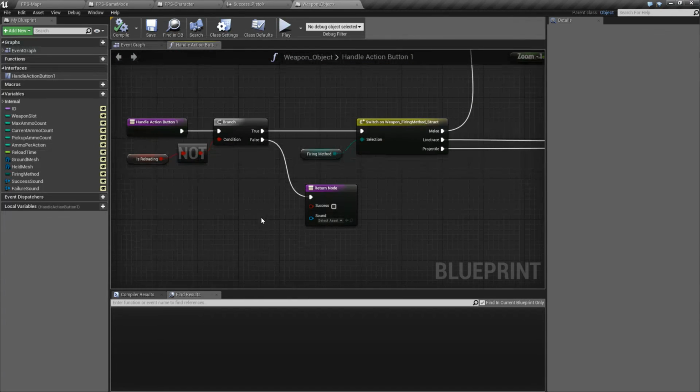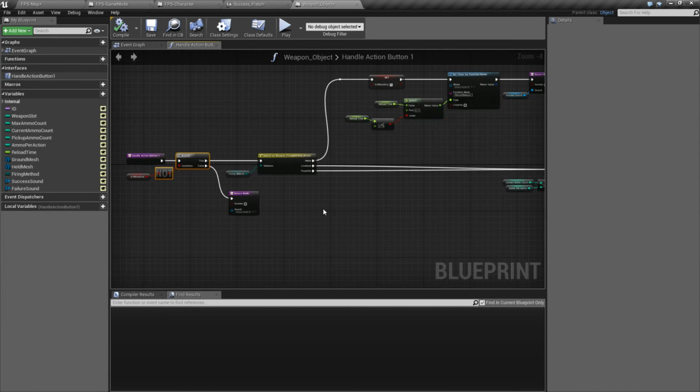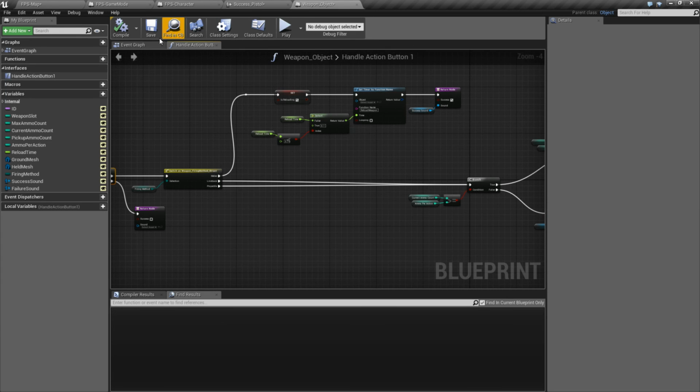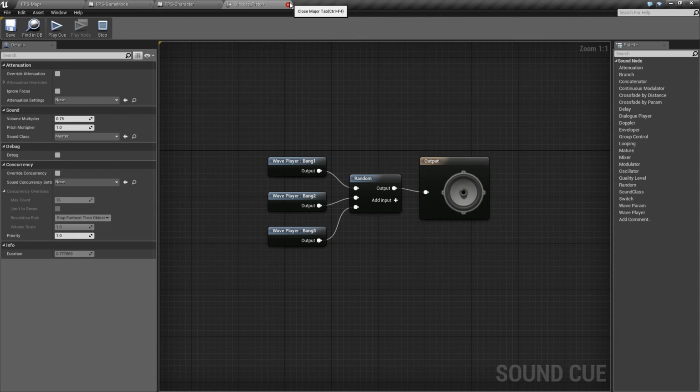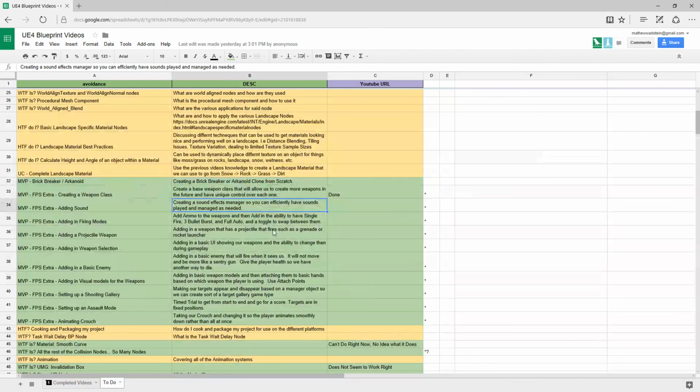So yeah, we're going to go in, and our reload timer is our swing timer for a melee weapon. And if we are swinging, we are only going to allow it to happen once. Okay, so that was really simple there. The only thing I had planned for today was the sounds, because that was all I cared about